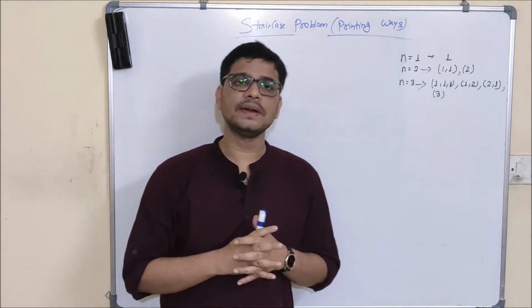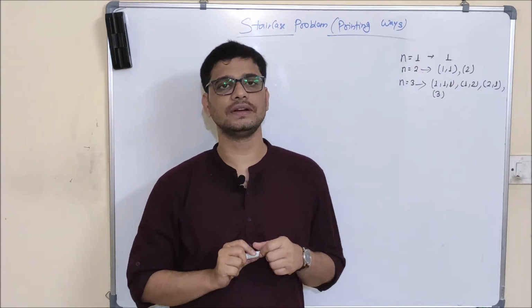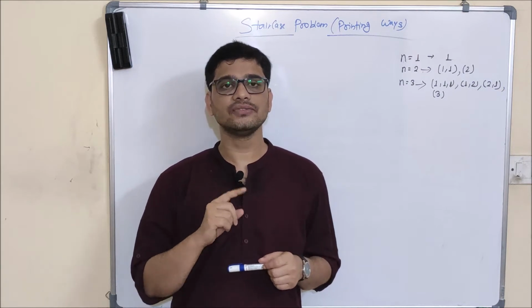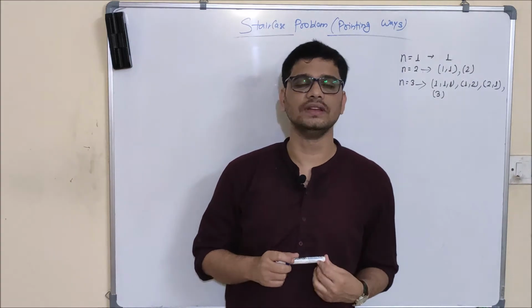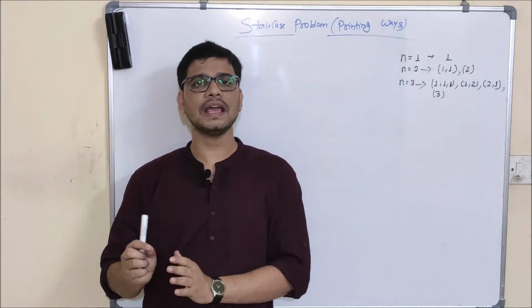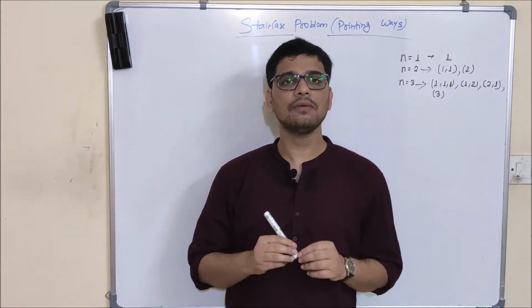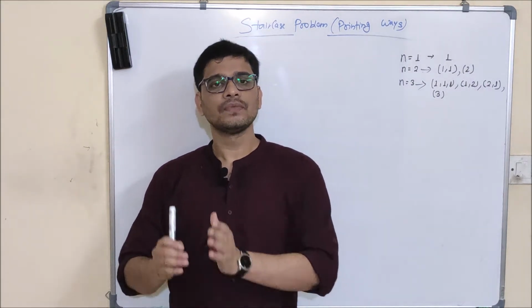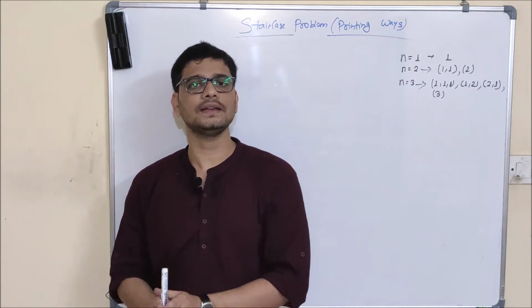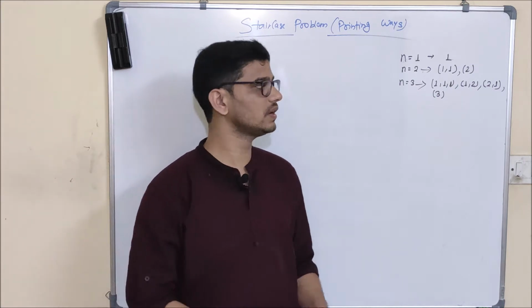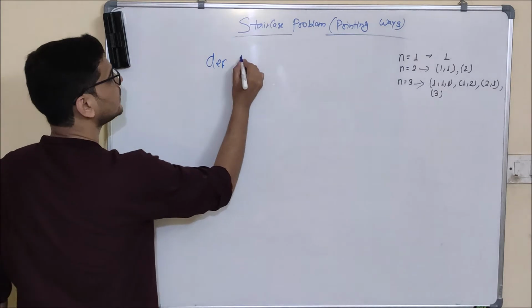If you remember, in the recursive program we were passing one input to the function, that is n, the number of stairs in our staircase. But here, along with n, I will pass an empty string, and in this string I will append the jump I am taking, whether it is a 1-step jump, a 2-step jump, or a 3-step jump. Okay. Now let's understand it through the program.